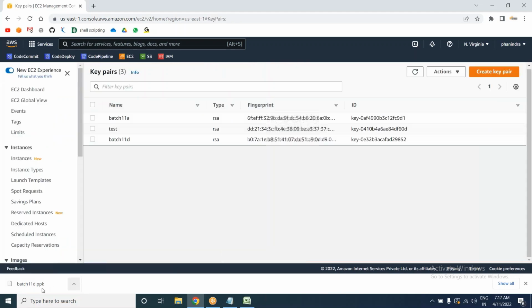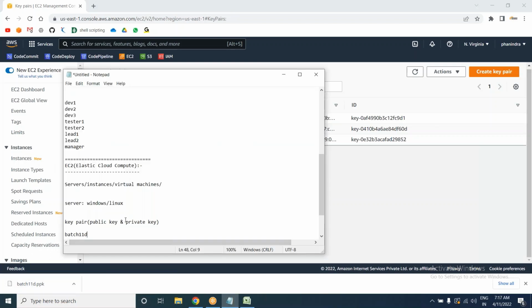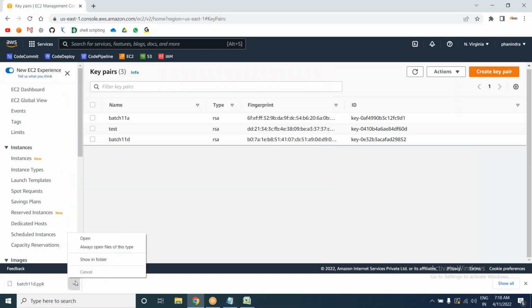We are going to use this key pair. A key pair is nothing but two keys, right? A public key and a private key. The key which is downloaded to our laptop is called the private key, and the respective public key will be kept with AWS, Amazon only. Whenever you link this key pair with a server, the server will keep that public key content. If you want to see the content of the private key, the downloaded one, then